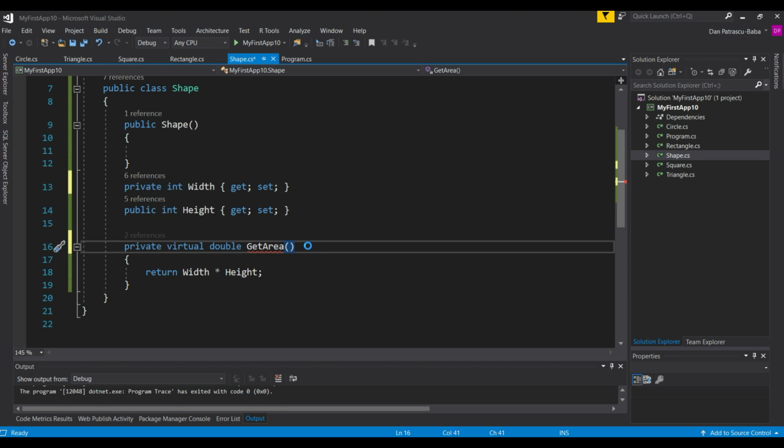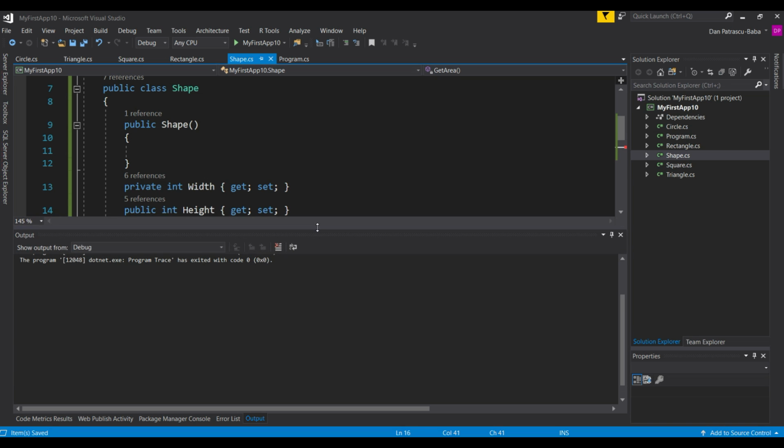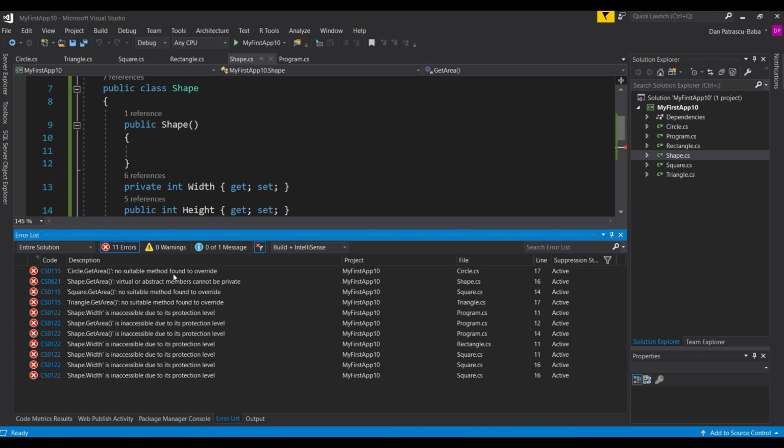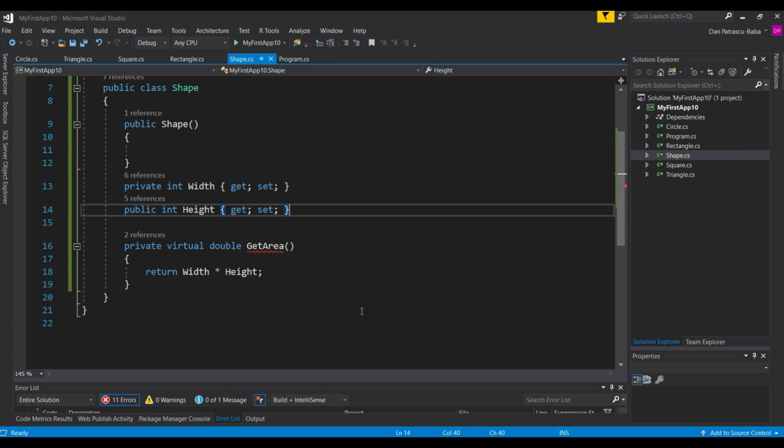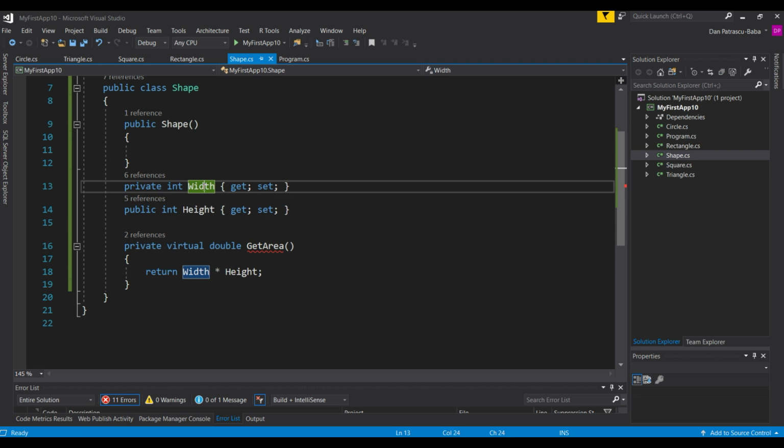In this case, we see that what we get are a lot of errors. If we go here, error list, we see that we have really a lot of errors. Because of course we cannot overwrite things anymore, since this information like width and height are now private. As stated during the theory part, if we use this private keyword, this means that width and